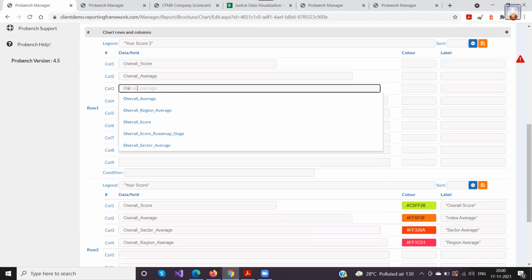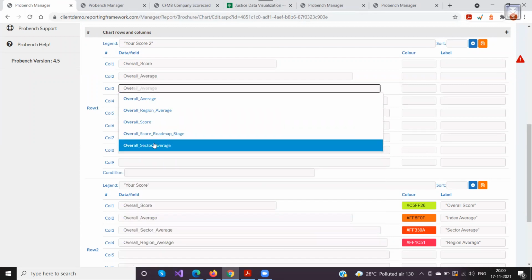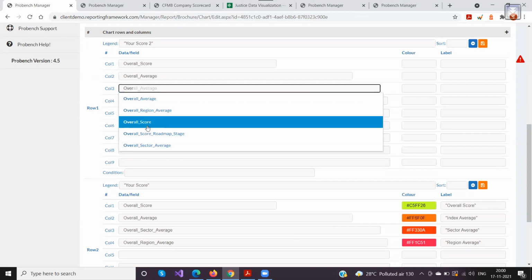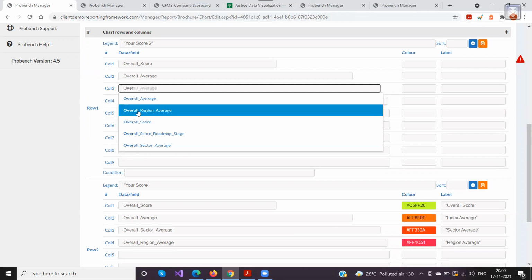You will get the names of all the fields that you can add here. These field names come from the data set associated with this scorecard, and also include the fields that are part of the associated reports that we covered at the start. So it would cover all the fields that you should be having here.